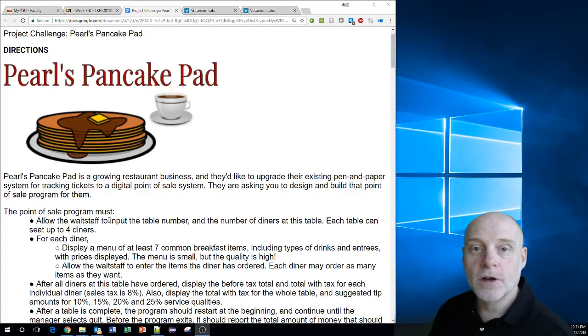This project challenge is called Pearl's Pancake Pad. The idea is the client is a small growing business and they'd like to upgrade their current pen and paper system for tracking custom orders and tickets to a digital point of sale system. And the student is being asked to design and build this point of sale system for them to meet some